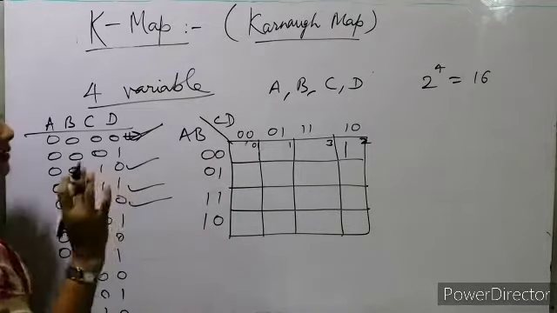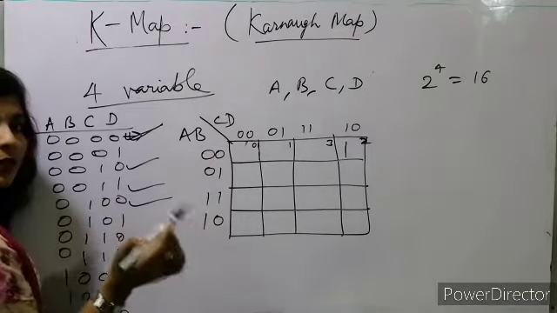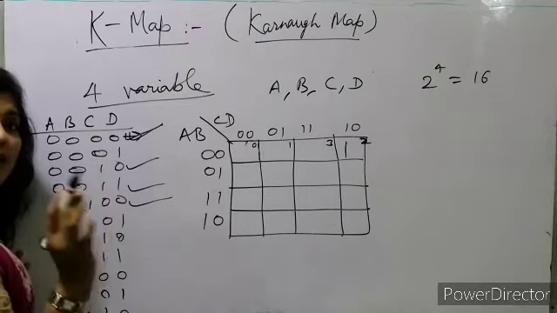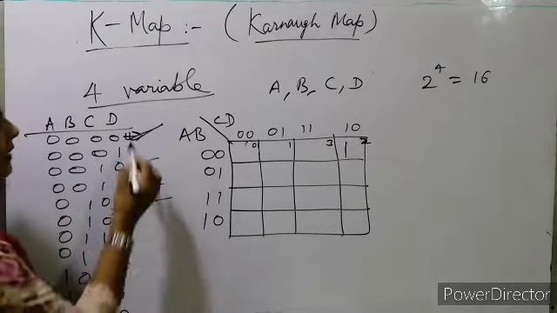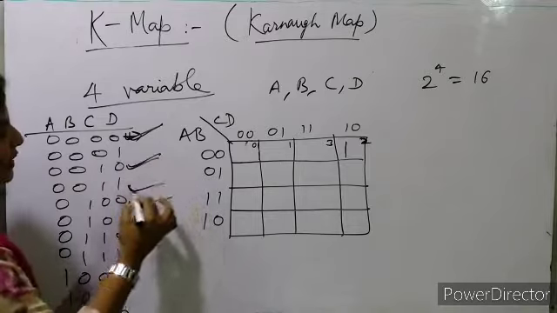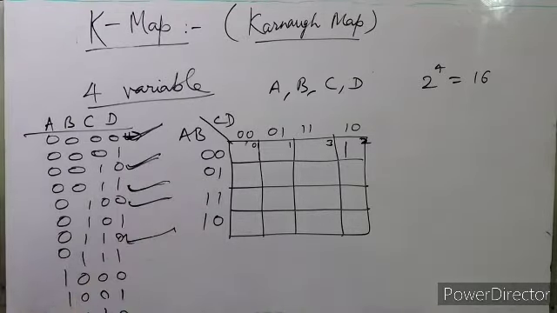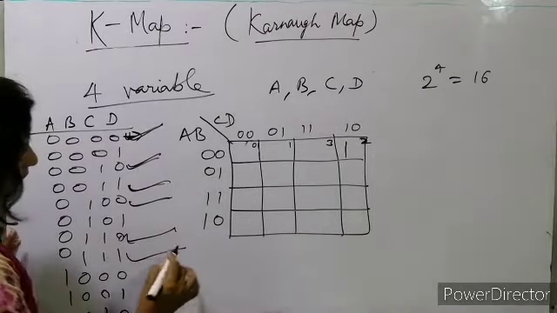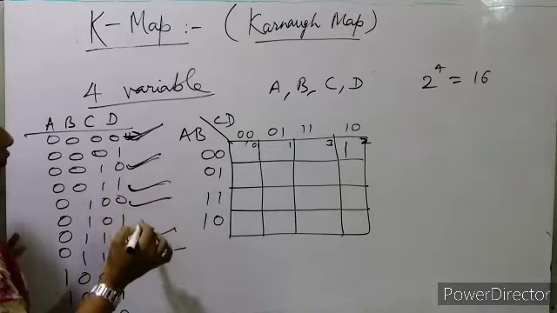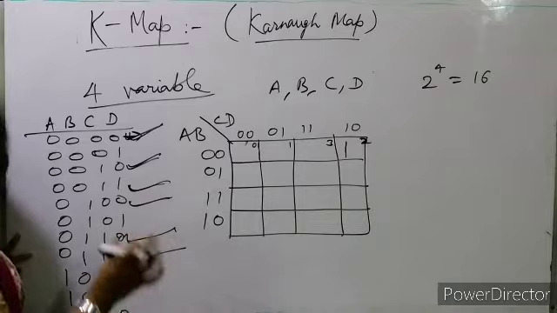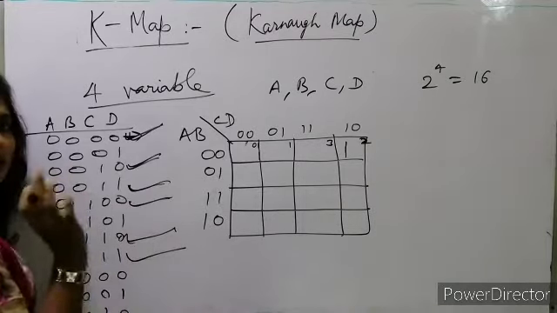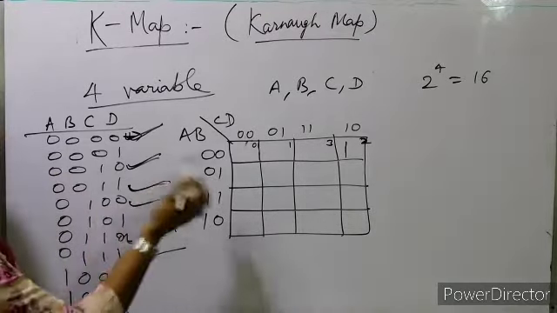Okay, we have to write 1 in the square boxes, in all the boxes which are included in the function. If the function includes this one, this one, this one, this one and this one. Okay, one more we'll take, this one. So 1 2 3 4 5 6 terms, 6 minterms are there in the function. So how will we write this?